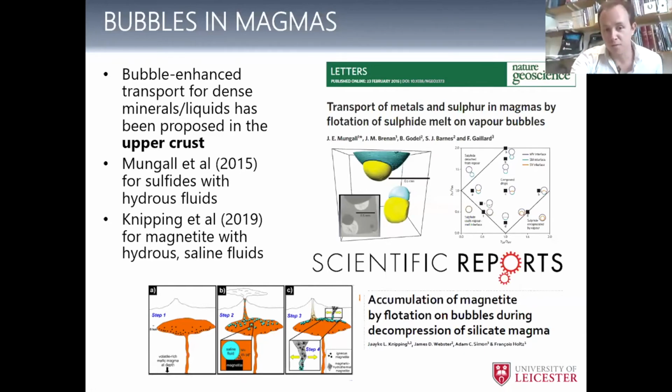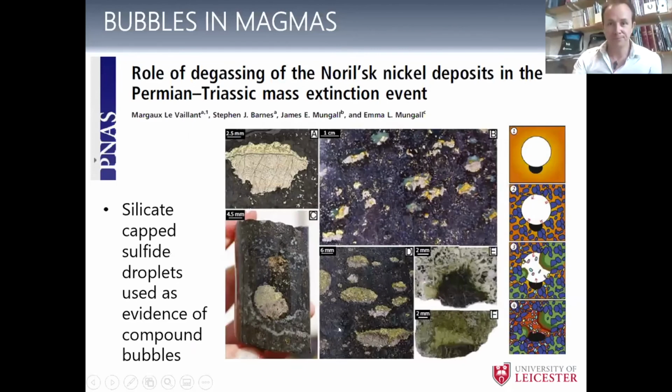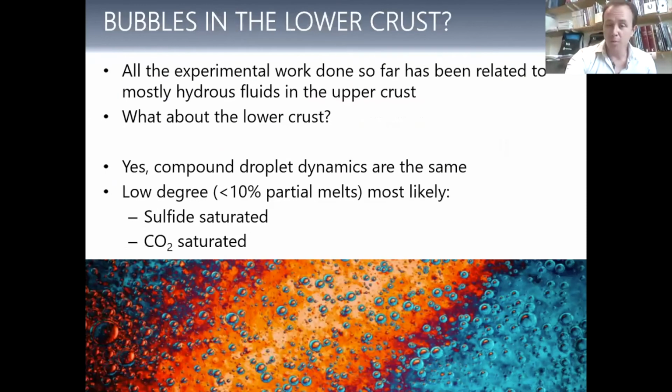And that is one of the ideas of how El Laco formed. And we see empirical evidence of this as well, with little silicate caps on the top of centimetre scale blebs in these upper crustal deposits. So there's some pretty good evidence that bubbles help sulfides move in the upper crust at least,